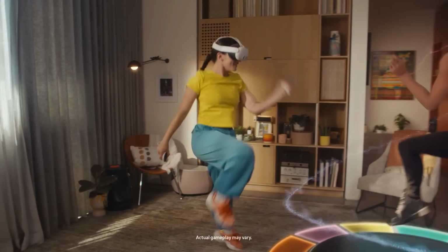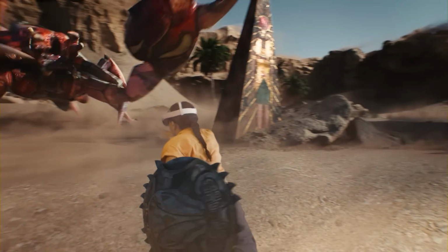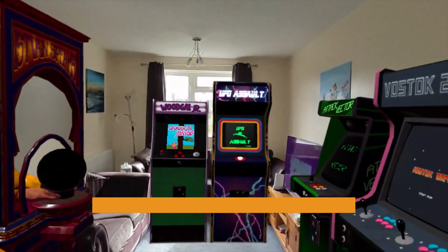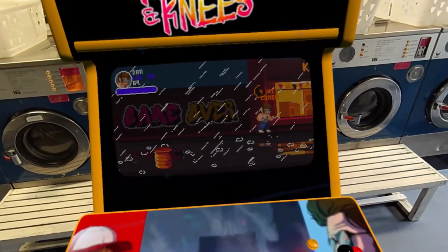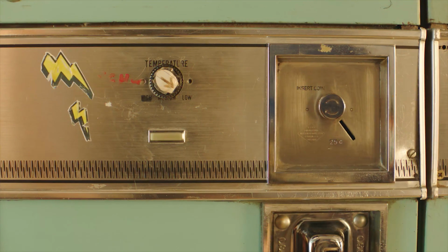Something good I love seeing is people pushing the Quest 3's limits and doing more exciting, new things that we haven't gotten to see yet. And for one of the first times, it seems like we've seen a developer drop a trailer for their new mixed reality mode, and they are actually using the headset outside. Now, this is something that's not recommended by Meta because it is dangerous. If sunlight were to get into the lenses on the inside that are like magnifying glasses, it could burn the